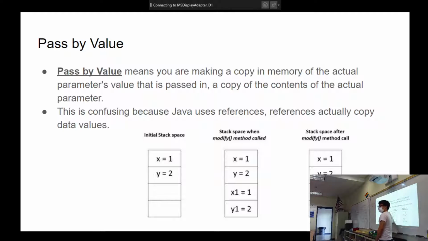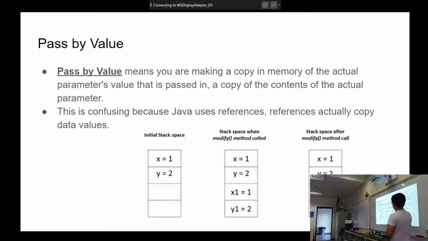The stack space, we kind of talked about memory and how we have a stack and a heap. In the stack space, if we define two new integers, x and y, x is 1, y is 2. If I then say x1 equals x and y1 equals y, x1 and y1 are references to x and y.